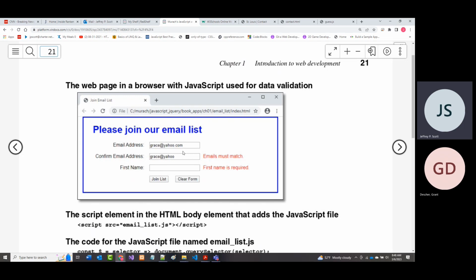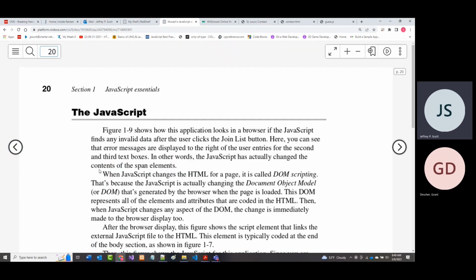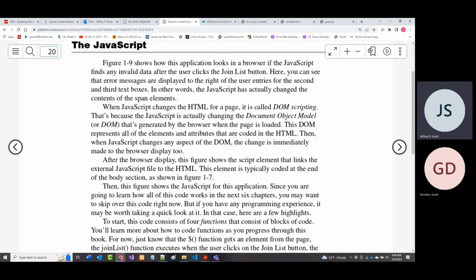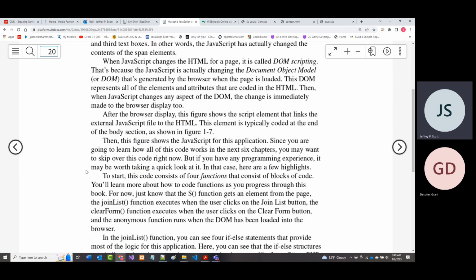We're looking, in fact, if we put grace@yahoo.com right here and we left this blank, then it would say here, email address is required. All right, so we're doing some simplistic data validation here. Now you're going to start to hear some words. Some of them will make sense, some of them may not make sense right now. And you're going to look at some stuff that may make very little sense,